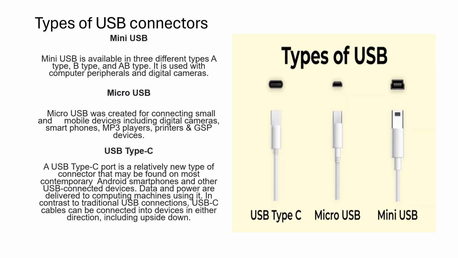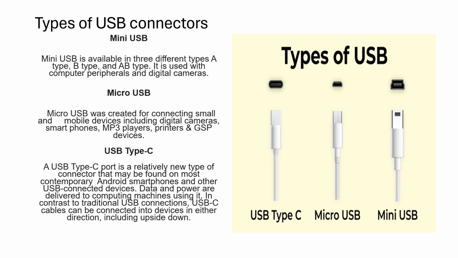Now let us see what are the types of USB connectors. There is a mini USB, micro USB, and the latest one is Type C USB. Mini USB is available in three different types, that is Type A, Type B, and Type AB. It is used with computer peripherals and digital cameras. Micro USB was created for connecting small and mobile devices including digital cameras, smartphones, MP3 players, printers, and